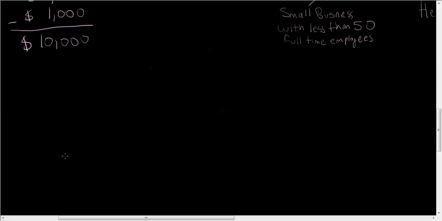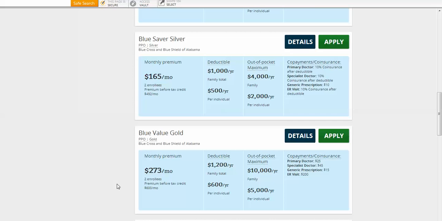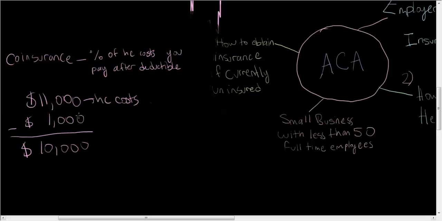And so if you go on the healthcare.gov website, you're going to see stuff like 10% coinsurance after the deductible. So that 10% is the percentage of this number that you pay. It is not the percentage that the insurance company paid. It's the percentage that you pay. So when you multiply this by 10%, you get $1,000, and this is basically the amount of money that you pay